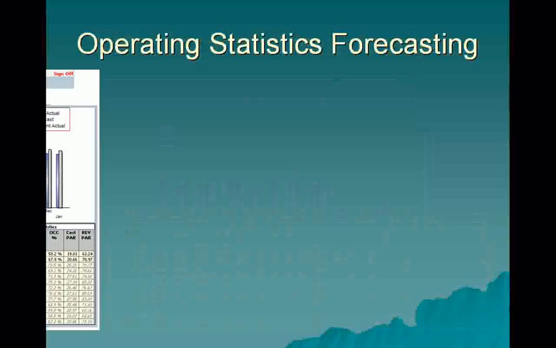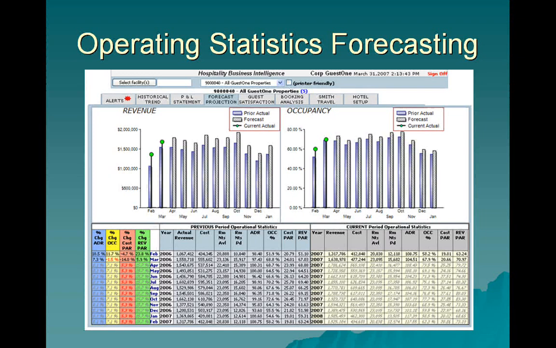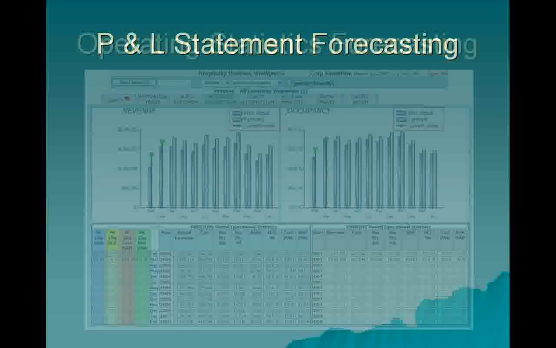The third table combines all the information in both charts to show the relationship between each KPI value over time. The Operating Statistics Forecasting Facility reports revenue and occupancy forecasting information in two bar charts and a table. The charts and table display previous, current and forecasted KPI operating statistics and percentage changes for the past 12 months. The charts can be used to identify seasonal trends and provide the finance and marketing departments with the information required for developing sound strategic and operating plans.